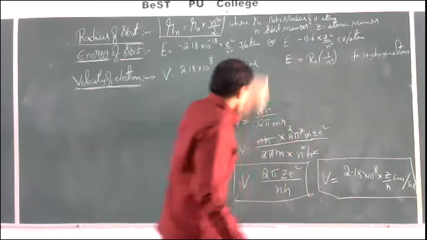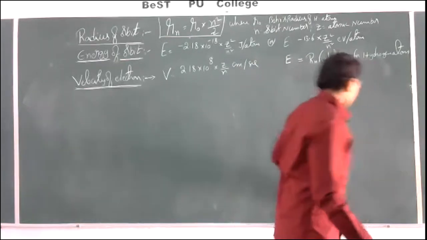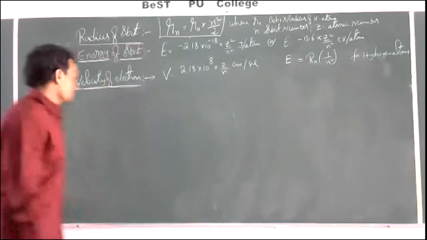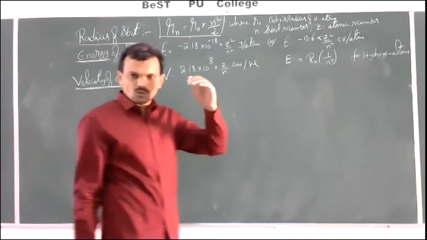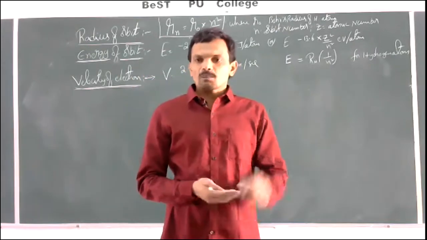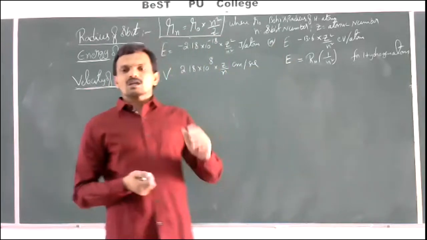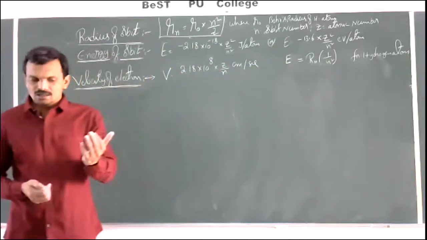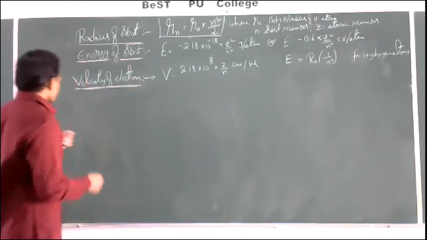So this is the expression for velocity of the electron. Now, by using this, we can compare the radius of two orbits of the same atom, or the radius of two orbits of two different atoms, or we can compare energies of the electrons in an atom or in two other atoms. Now let us see the relations.